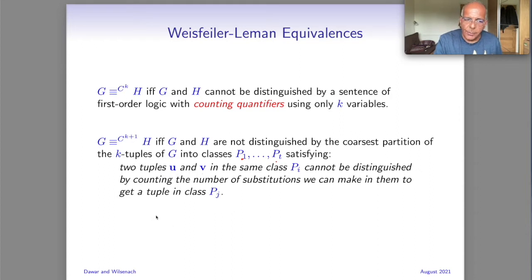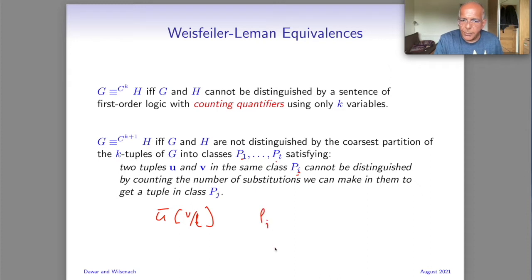In other words, in the tuple u, you look at the number of vertices v you can substitute in the ith position. Okay, well, let's not call it i. Let's call it the lth position, because i is the index of this class. You look at the number of substitutions you can make in the lth position so that the resulting tuple is